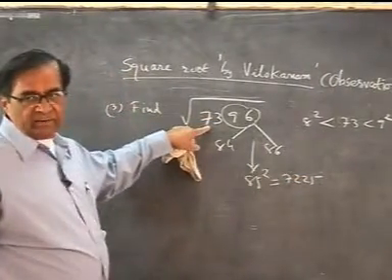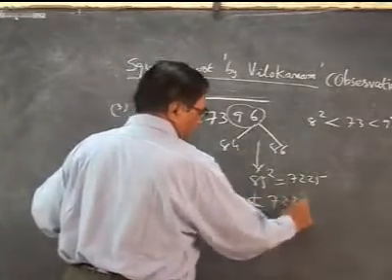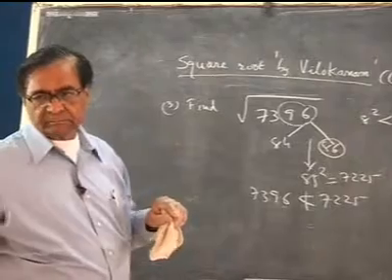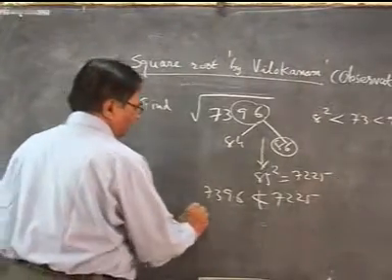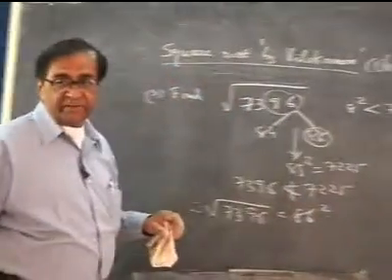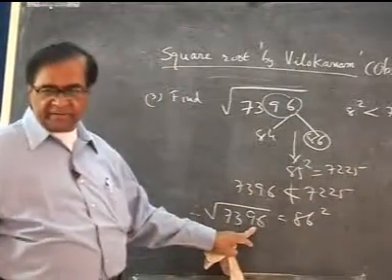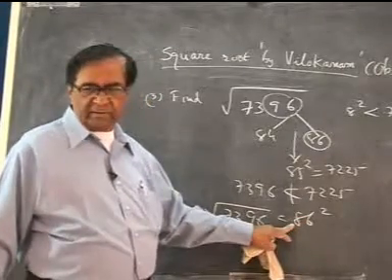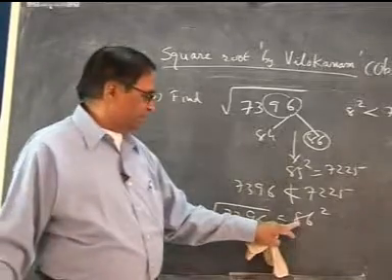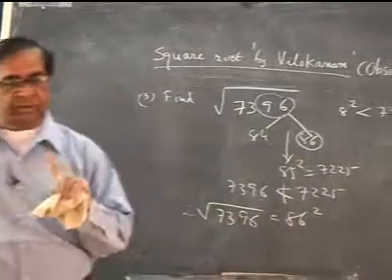This is bigger. You should understand 7396 is not less than 7225. And so this is the answer. And so you can say, therefore, the square root of 7396 is 86. Let us check it out. We know now the duplex. 6 square is 36, carry 3. 6 8s are 48, double 96, and 3 is 99, carry 9. 64 and 9 is 73. So the answer is true.